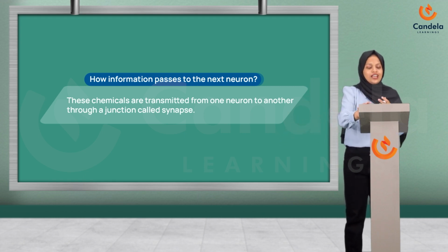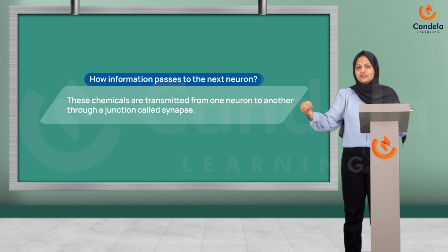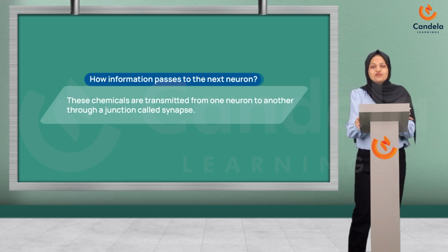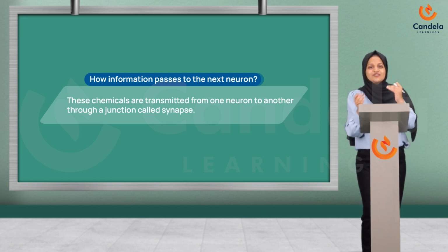Clear? Now what happened last? It starts a similar electrical impulse in the dendrite of the next neuron. The same process then continues in the next neuron, starting from the dendrite. Finally, after passing through all these neurons, the information goes to the nervous system, and the nervous system will decide what to do. So this is all about the structure of a neuron and how information passes from one neuron to another.